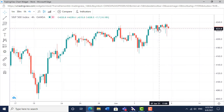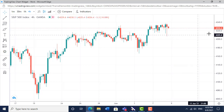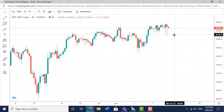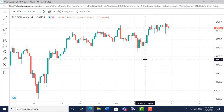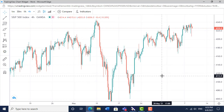I bought into it yesterday, maybe a bit impulsively, at 4224. My stop loss was down here at a fib level at 4198. I've nearly stopped out this afternoon, so I've made 2 points in a day. That's just the way it goes. So maybe consider bringing the stop loss up to 4207, or just culling the position until it breaks. So you can see that that's where we are in this market,